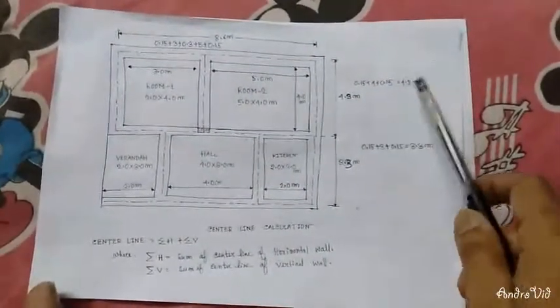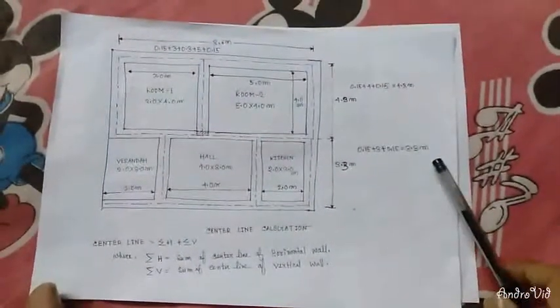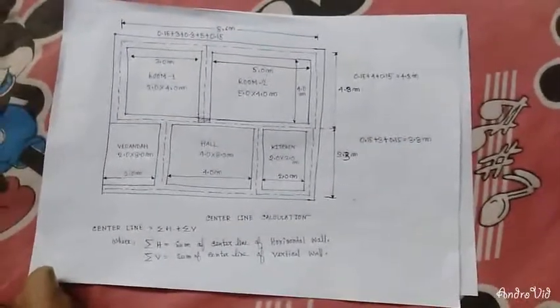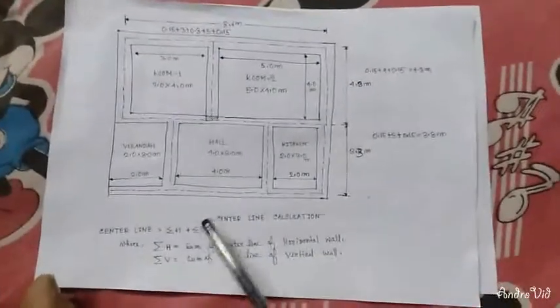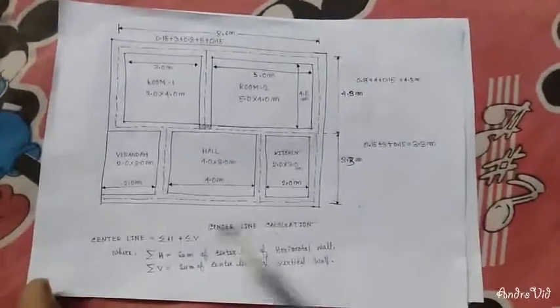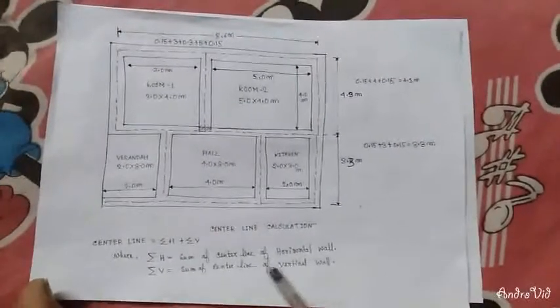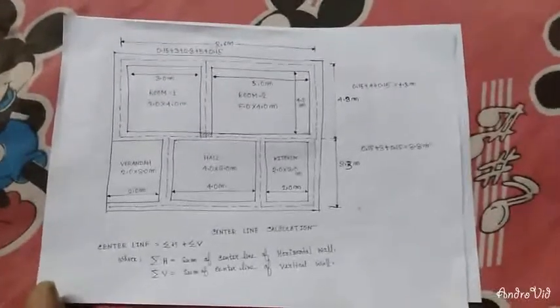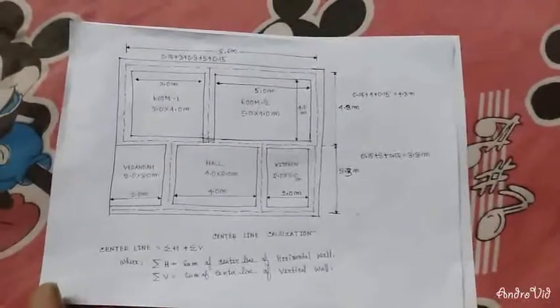So 12.9 plus 13.2, that will be 26.1 meter. So here the center line length for the given plan is equal to the sum of the center line of horizontal walls plus the sum of the center line of vertical walls. So that will be 25.8 plus 26.1, so it will be